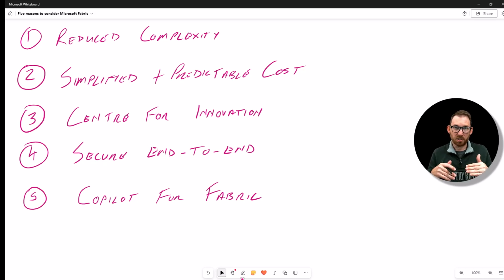But when you buy a certain level of Fabric, there's a minimum level, you do need an F64 or higher, then you have access to that, and that gives you a developer experience, so a data engineer or data analyst who is ingesting data, modeling data, visualizing data, gets productivity enhancements to go and make that happen and build that. So it's a bit of an accelerator that you can use for more complex types of queries and data structures that you want to be able to pull together.